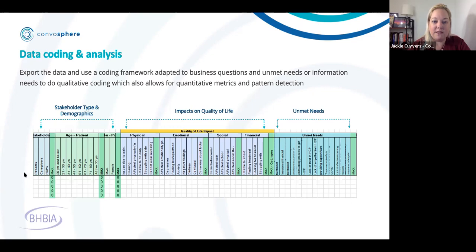So all of this then is coded. So you could do a 0 or a 1, you could do a yes, no, type things like that. And that allows you to then, at the end, develop a kind of a score or a quantitative view of how prevalent is this with men or with women, or use this as a tool to answer then the business questions that you've been posed.